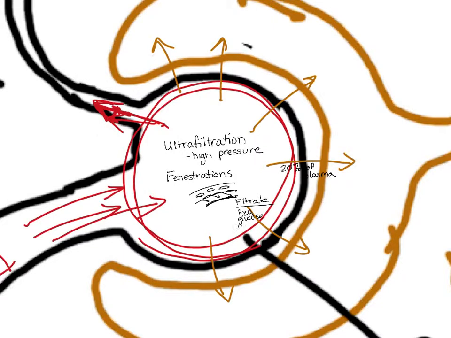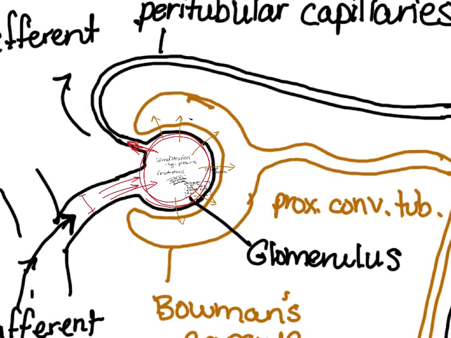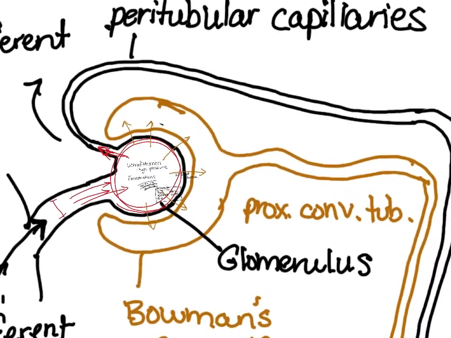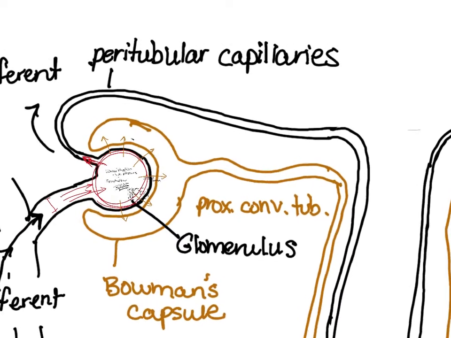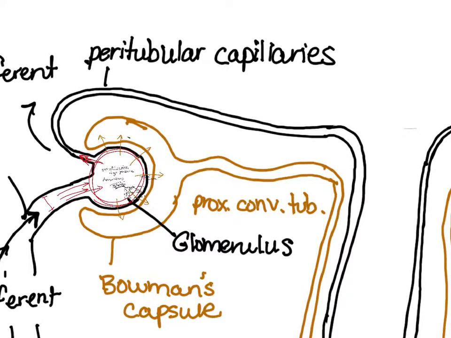And the filtrate will contain water, glucose, amino acids, and tiny proteins, urea, and salts. And so here's our filtrate right here. Water, glucose, amino acids, urea, and salts are getting pushed into the Bowman's capsule. So now we'll kind of travel along here to the proximal convoluted tubule, and as a reminder, the chemicals that we have, or the substances that we have in the filtrate, are going to be